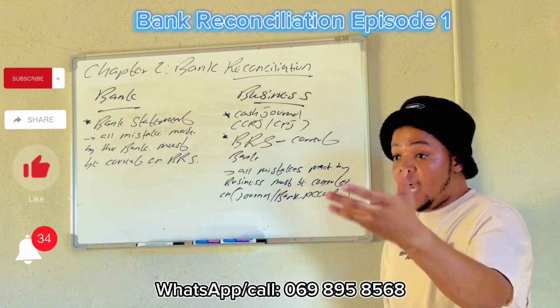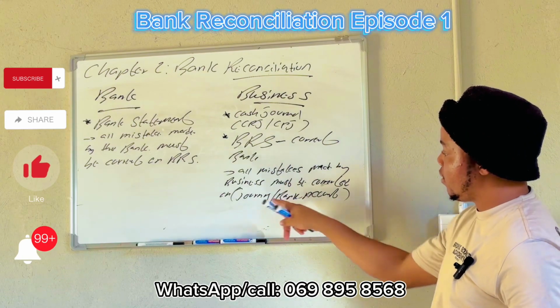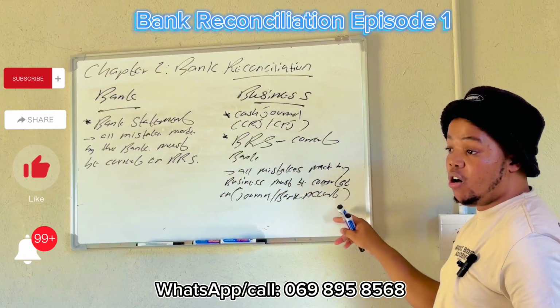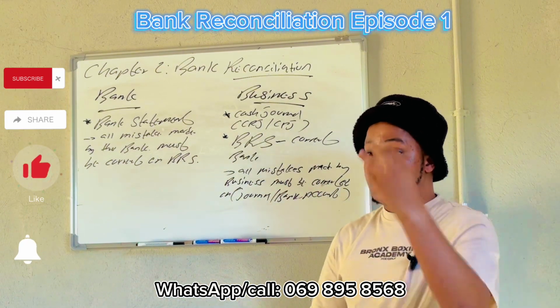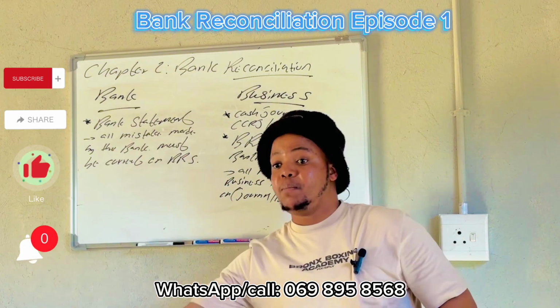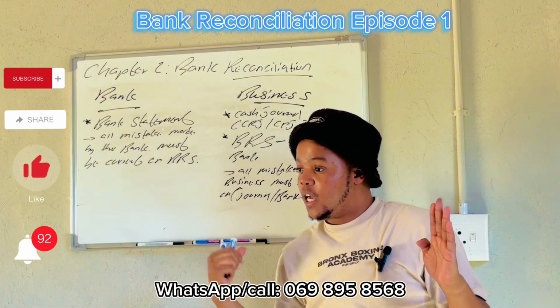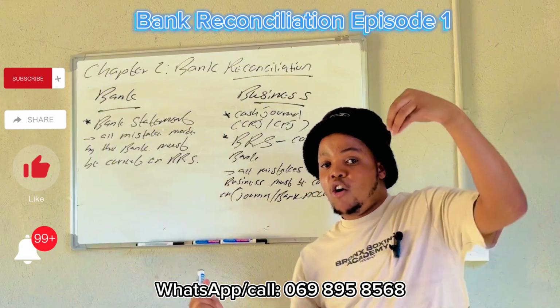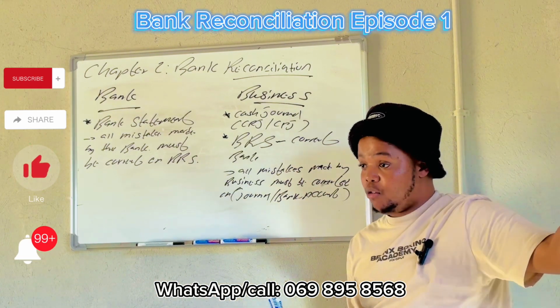So if we are the one who made a mistake, we are going to rectify the mistake where? On the journals or what? On the bank account. The bank account is the same as the journals. You are aware of that, right? Yeah. Because the bank account is an asset. It represents the debit and what? And credit. On its debit, it's where the money comes in, the CRJ, right? On the credit of the bank account, it represents what? The CPJ. Money going out.